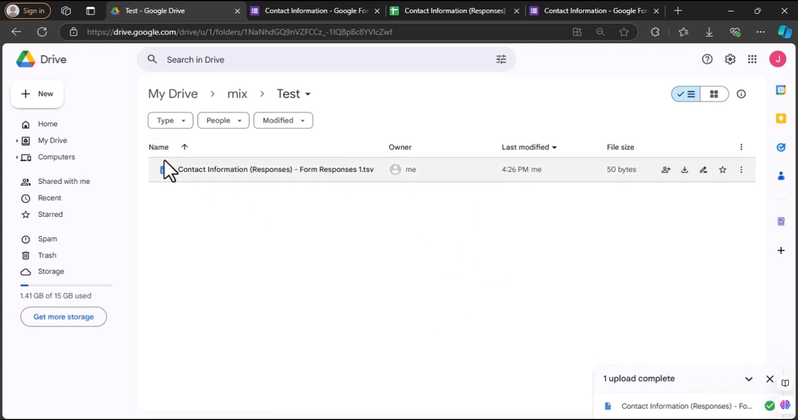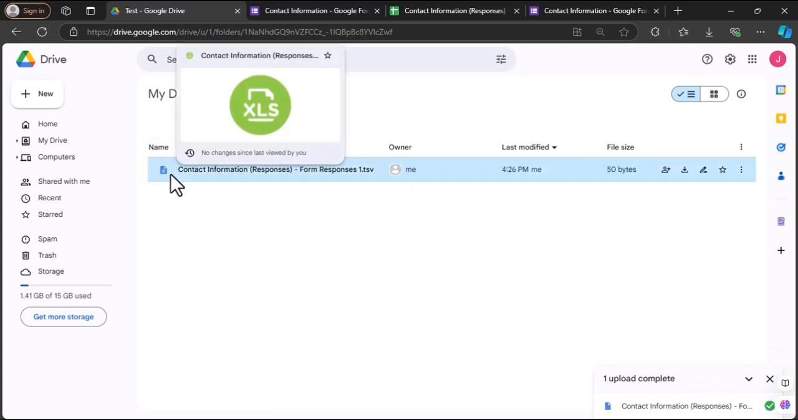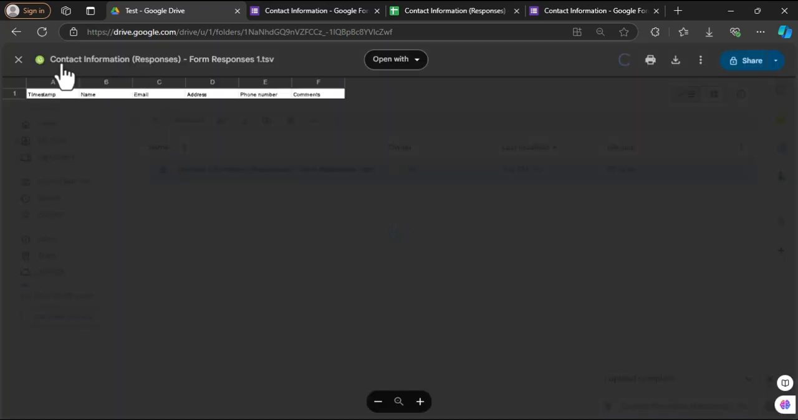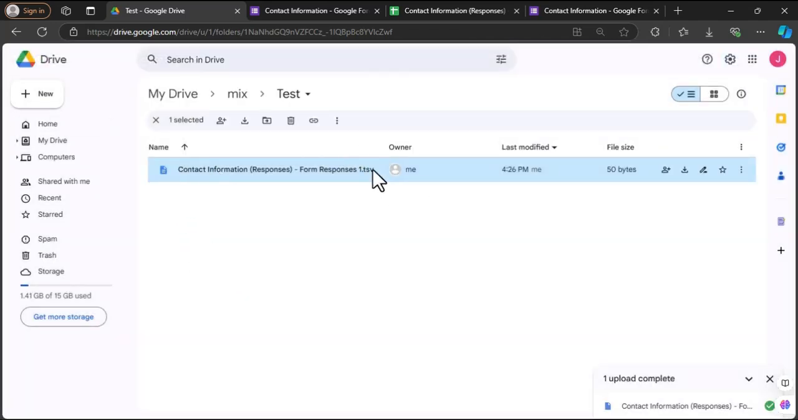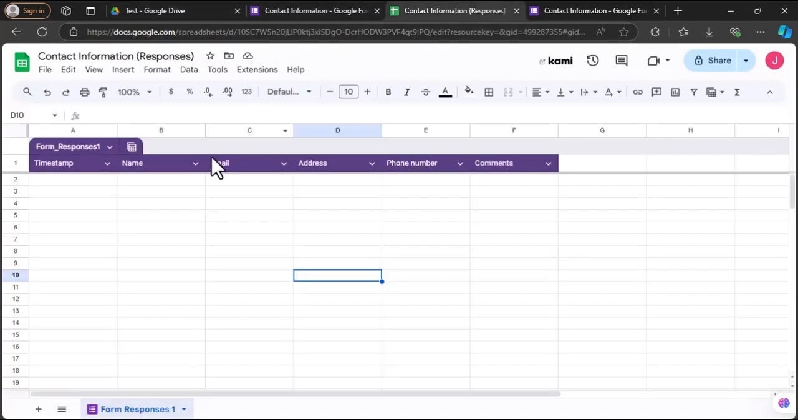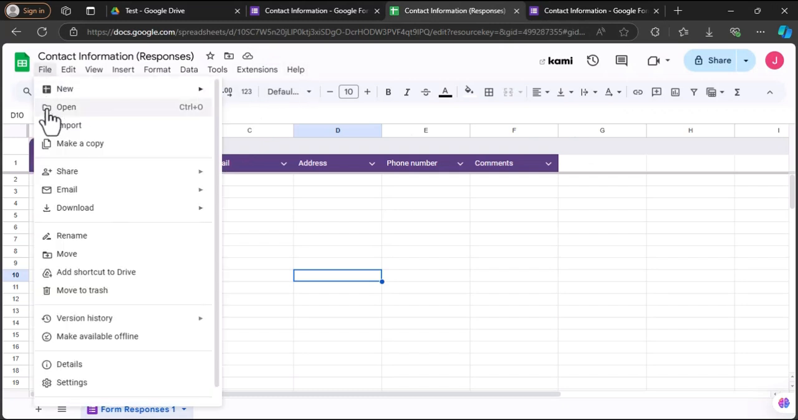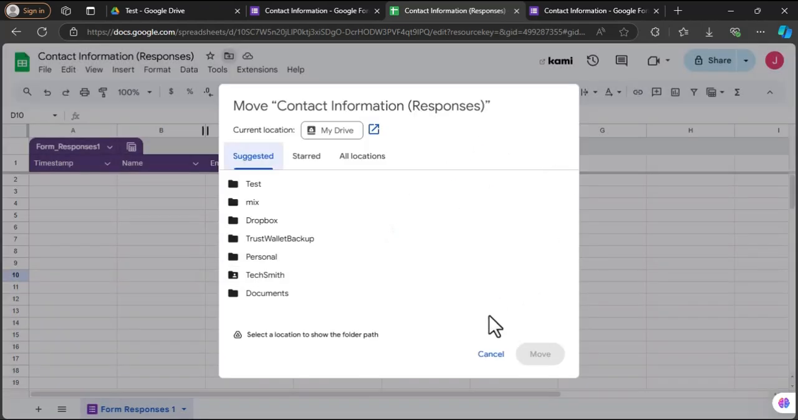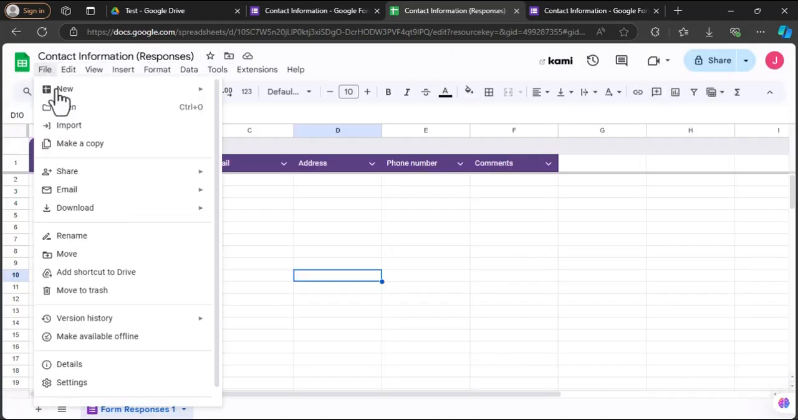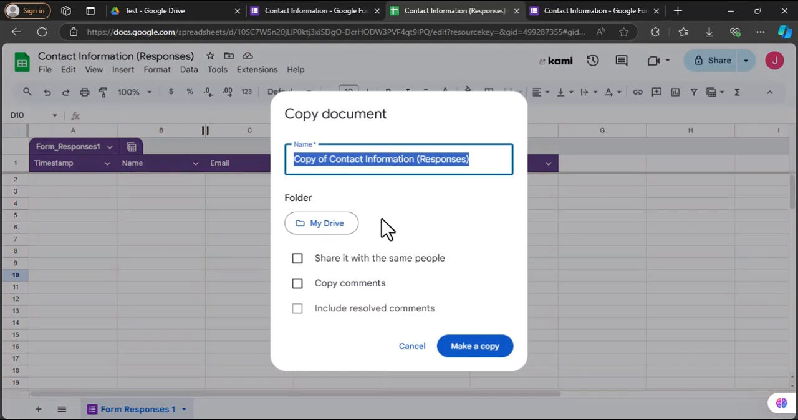Once it's in there, you can see it's just a normal file. If I click on it, nothing. It cannot open. See the file? TSV at the end. Okay? What we need to do is make sure we make a copy of this one, or we can move this file because it's already saved. So I'm just going to say File, Make a copy,